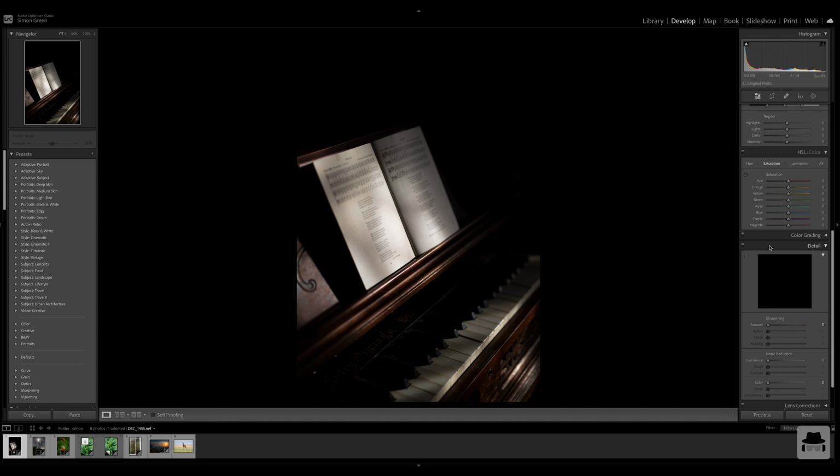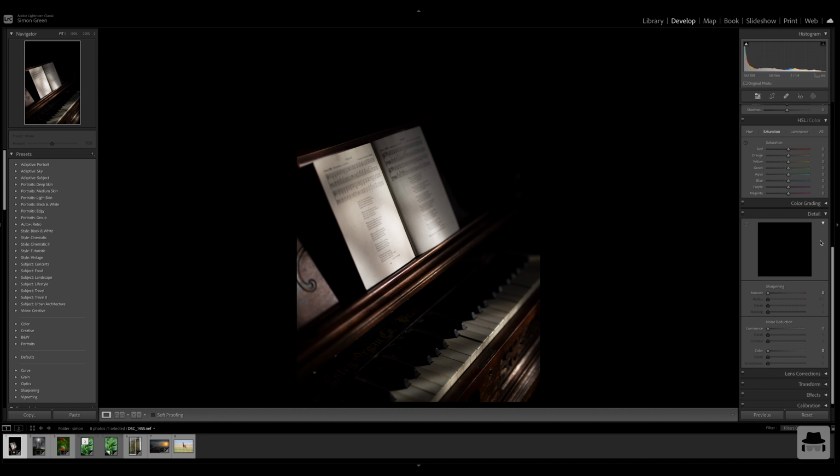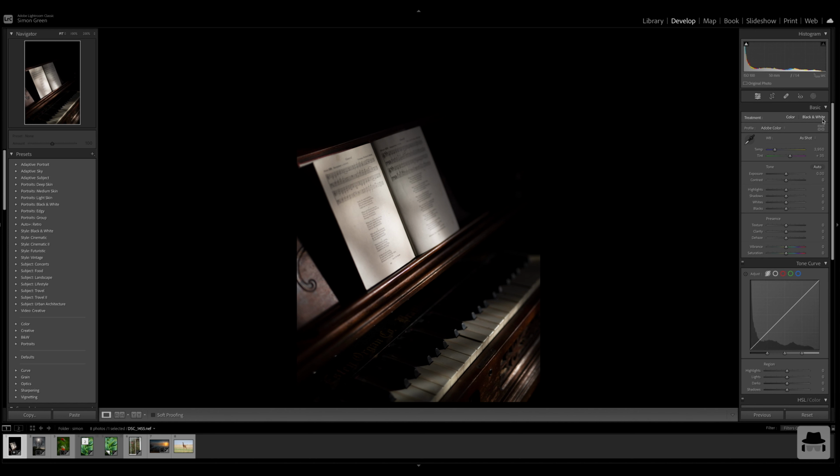So on the right here, we've got our detail panel. This is where the sharpening and noise reduction is done. What I've done is just reset all of these to 0, just so we can see the effects of everything much more. The other thing that I'm going to do is I'm just going to slide up,